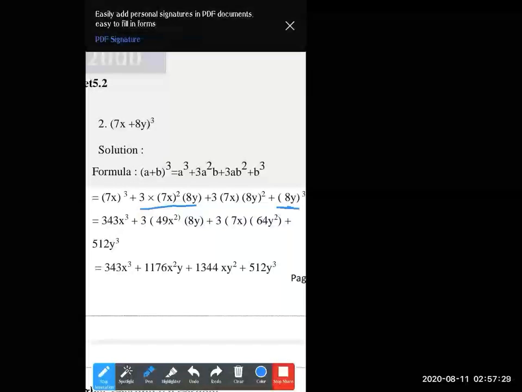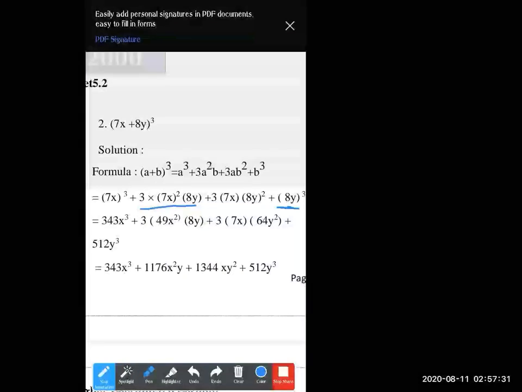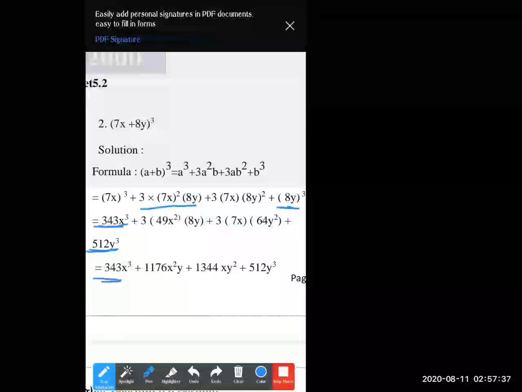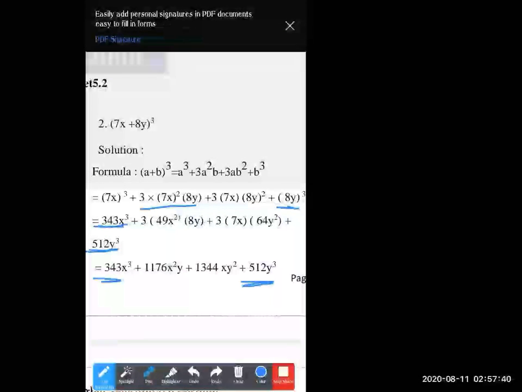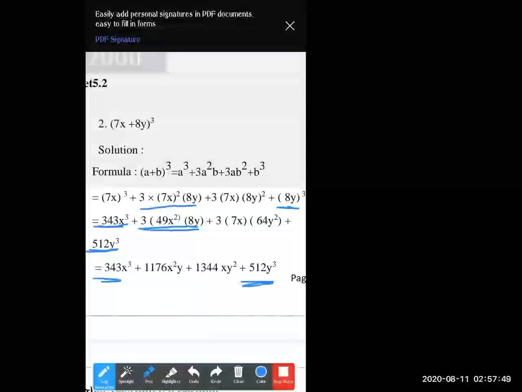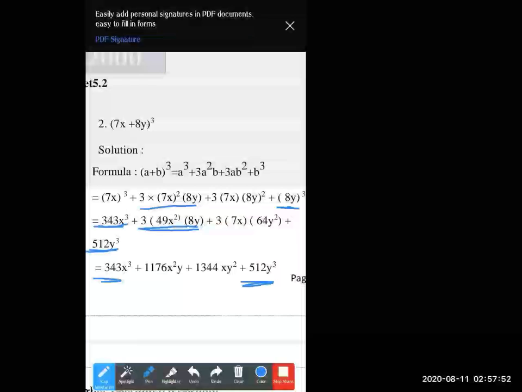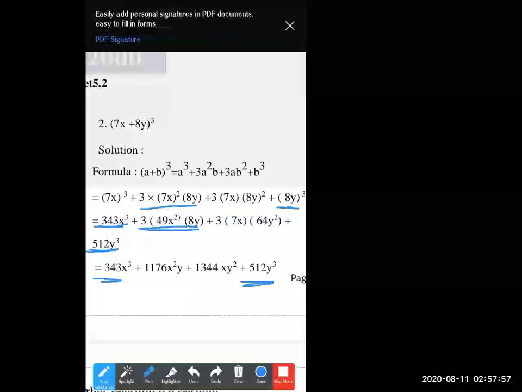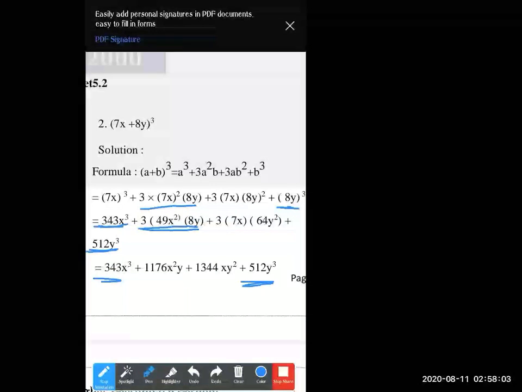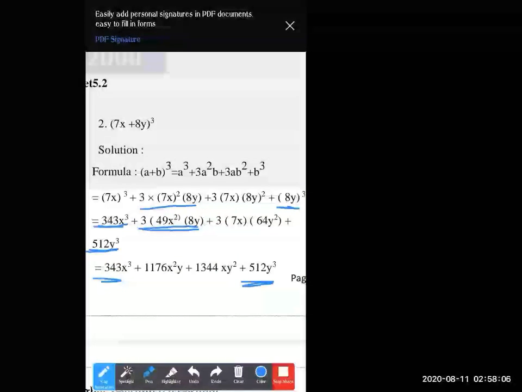Now my next thing is what? We have to write first and last term same. I told you in the formula when I explained it to you, this first term and last term you will write as it is. It is not going to be changed. Now what we will do? Now we will solve this thing. Now when you multiply 3 into 49 into 8, if you are doing the sum, just write down in your working column, multiply it and see whether your answer and my answer are matching or not. So just write in the working column 3 into 49 into 8. Here we are getting the answer as 1176.